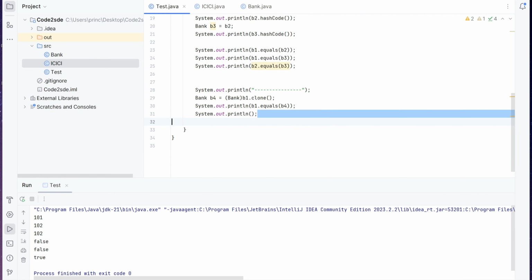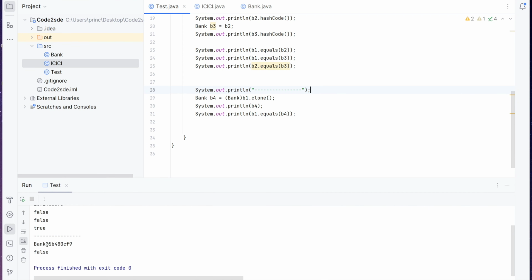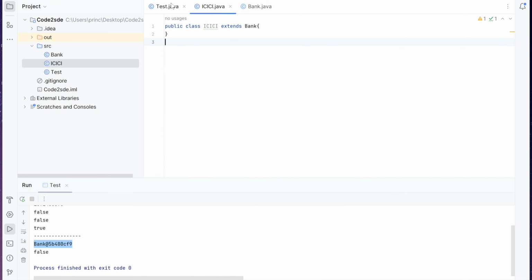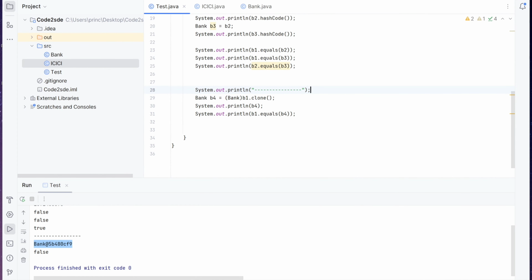B1 equal to B4 or not, and I'll also print B4. Now run this. Below this hyphen you will see that the Object class toString method is getting called, because here we have commented that toString method. Also, when I'm comparing whether B1 is equal to B4, by the default behavior it is returning false. So B4 is a different object.